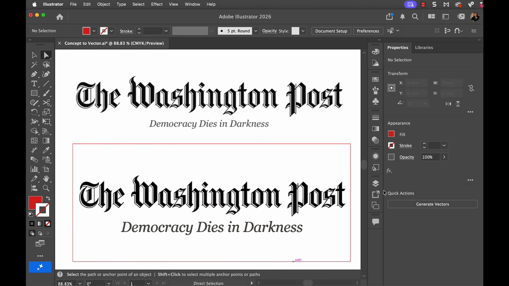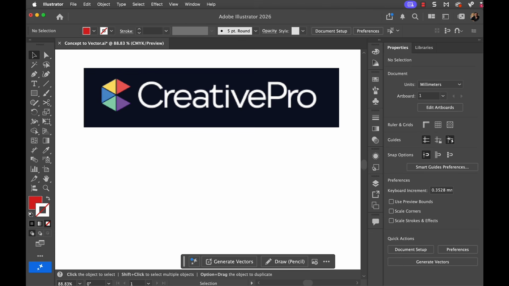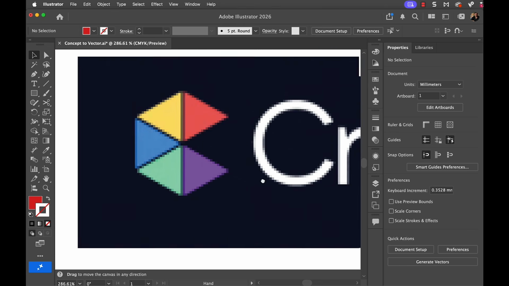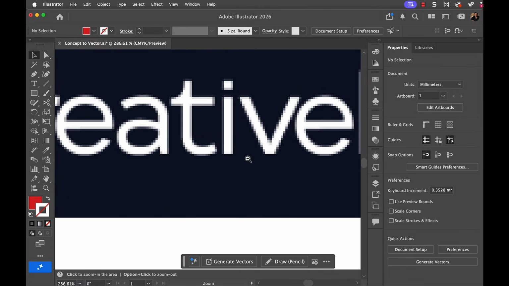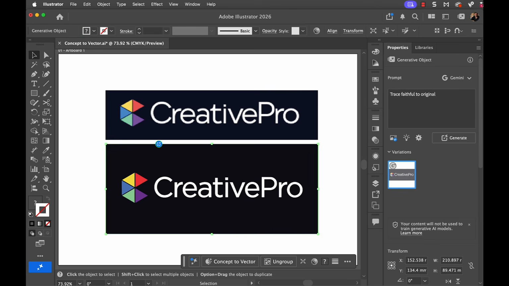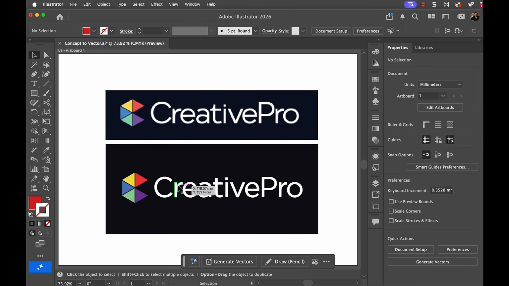Let's look at one more example. Here's the CreativePro logo, and I've taken this directly from the website. It was a very low-res original, and when we zoom in, you can see very clearly just how fuzzy this is. When I used Generate Vectors, this was the result. It's quite extraordinary the way that not only has it produced a perfect rendition of the logo, but the text